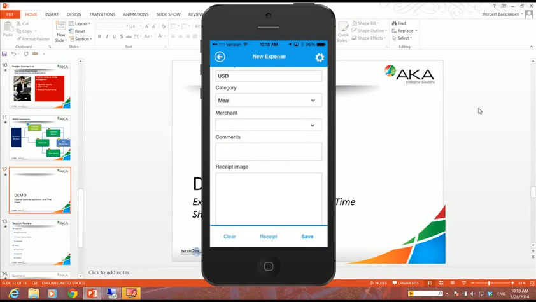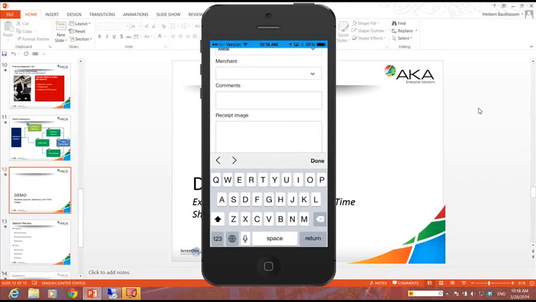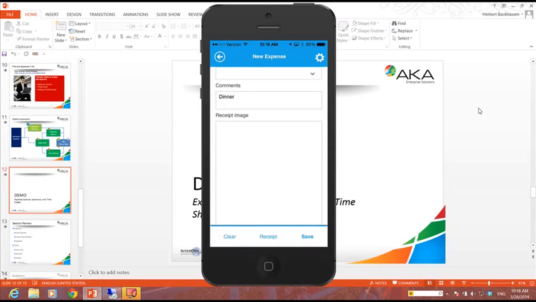I could put in a comment, say dinner, and then we have the possibility to add receipts,